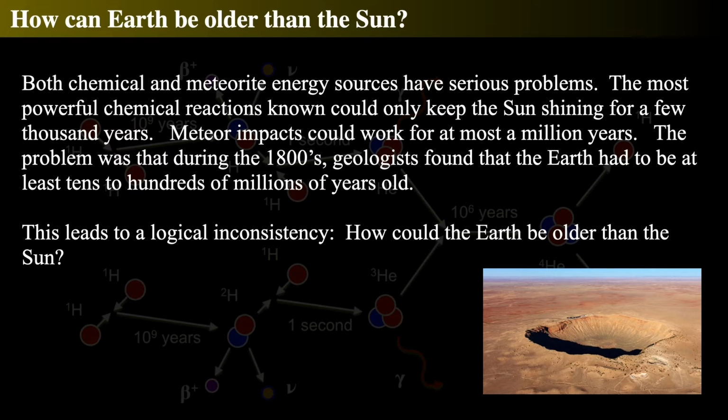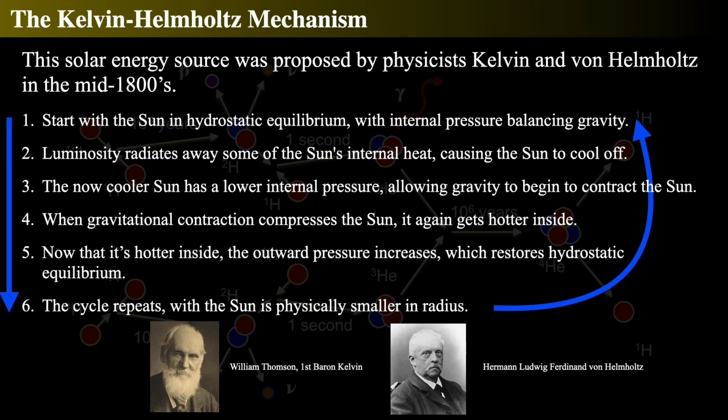And most geologists were saying, well, the Earth is older than the sun. And physicists, who were very smart, said, no, you geologists must be wrong. You're just looking at rocks. We're thinking thoughts. This was pretty much the attitude at the time, and there was a definite lack of reconciliation, because one group sat around and thought deep thoughts in big places, and other people went stomping around in the Alps. So, in the 1800s, two physicists, Lord Kelvin and von Helmholtz, developed an idea by which